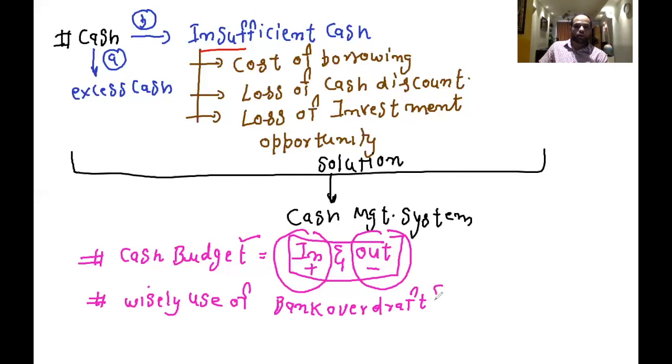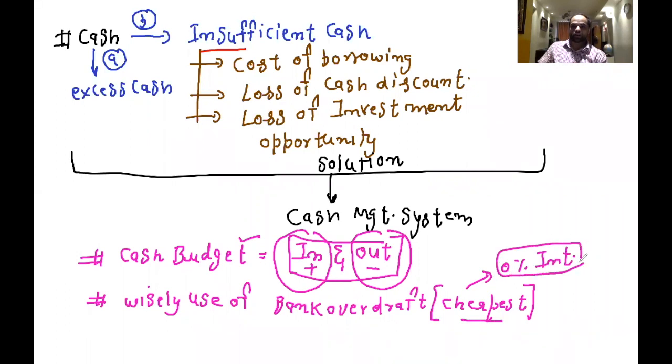Remember, in the beginning of this working capital management topic, I explained that this bank overdraft is the cheapest source of finance since it has a 0% interest. Of course, because you are trying to make payments on time, that's why your interest is going to be 0. All right. So if you use this overdraft wisely, it has a 0% interest,